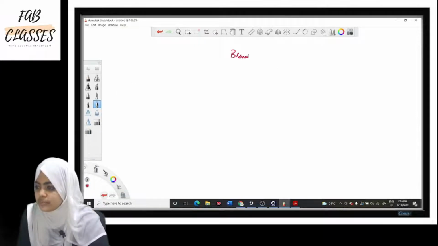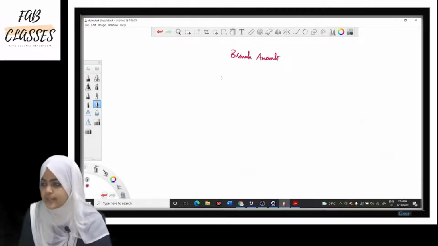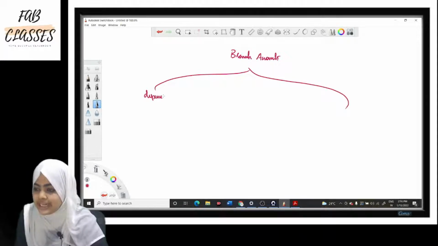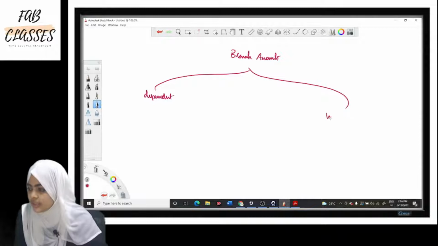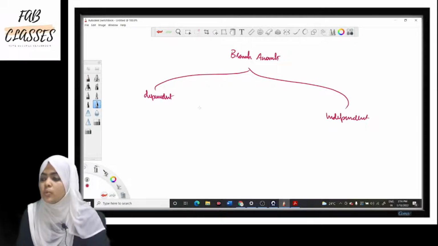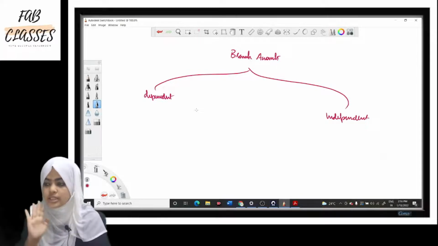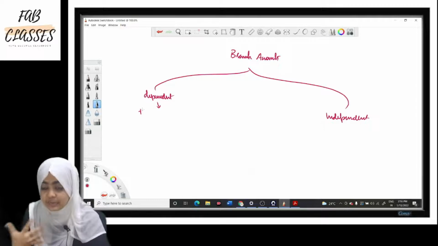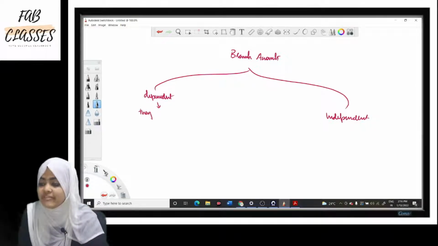In case of branch accounts, there are two types of branches mainly: dependent branches and independent branches. So what is the difference between dependent branches and independent branches? In case of dependent branches, these branches will not maintain